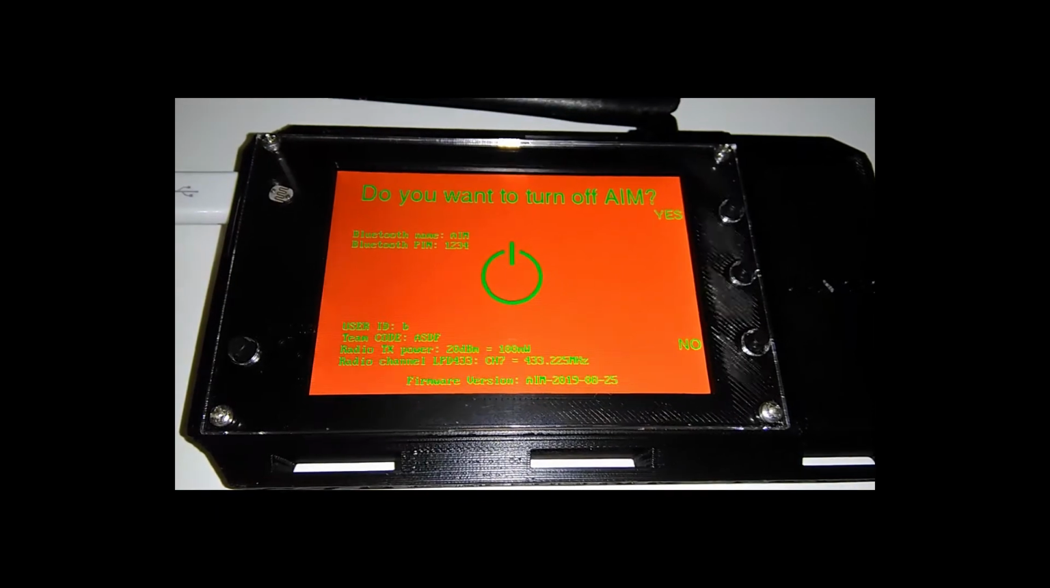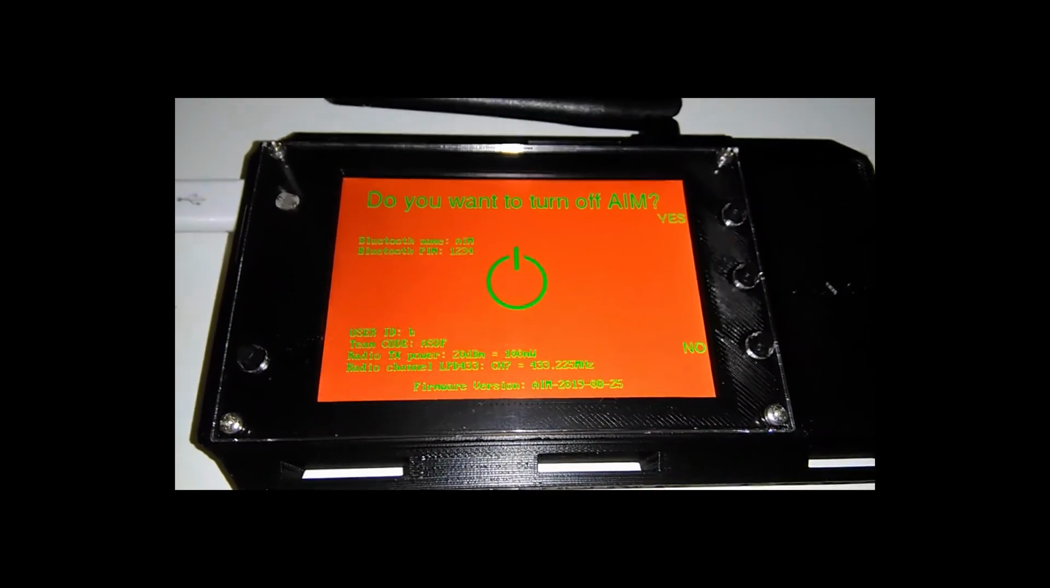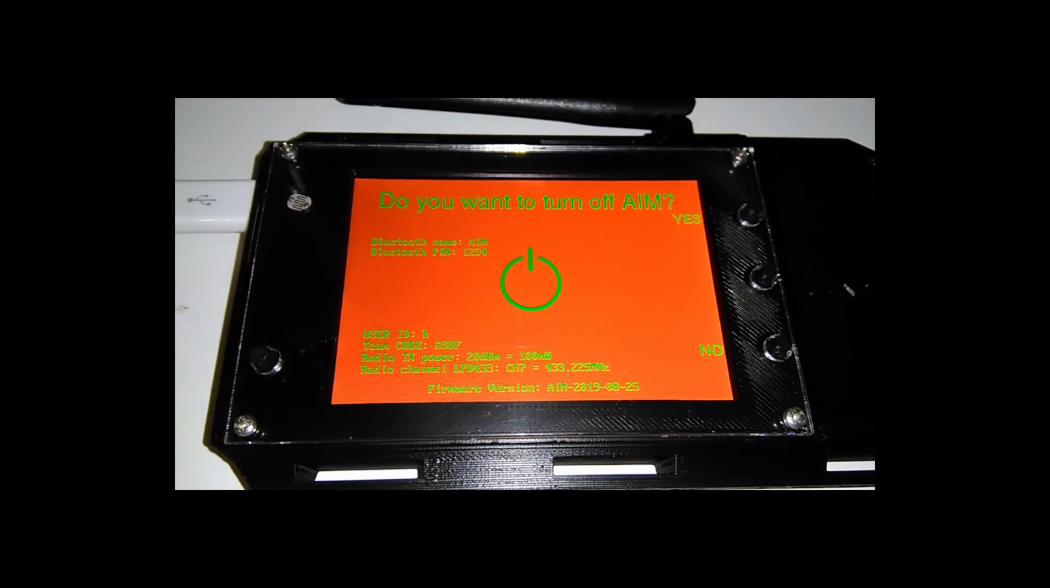And keep in mind that team code and radio channel should match with your teammates, otherwise you won't see each